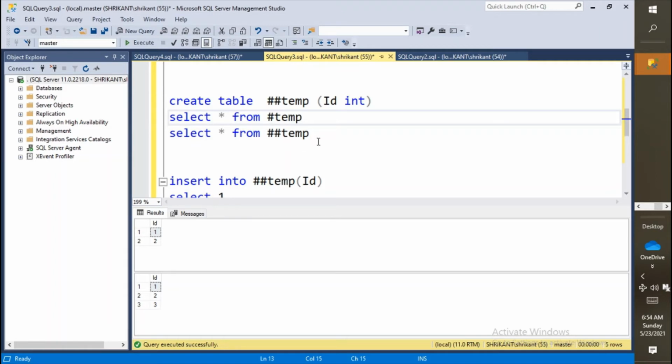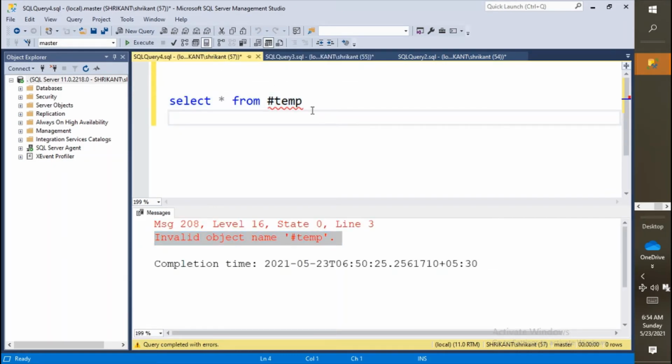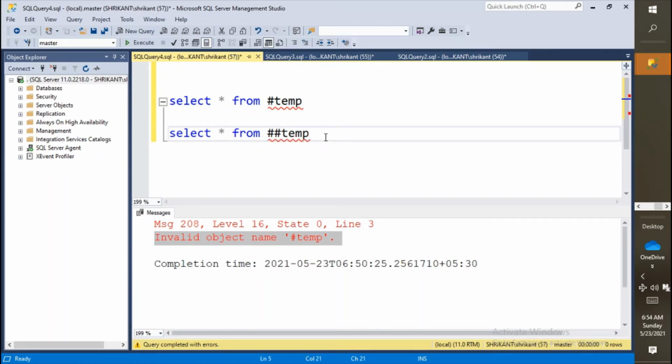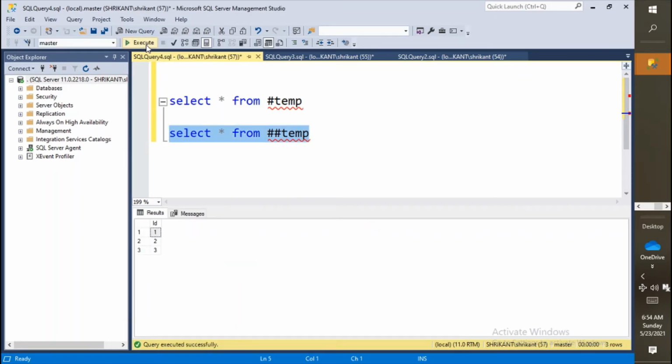Great. Now I am going to copy this query, the double hash name, and run it in the new session, that's 57, right? I'm going to select this query and run it. Let's run it. Now this table is accessible in another window. What does it mean?